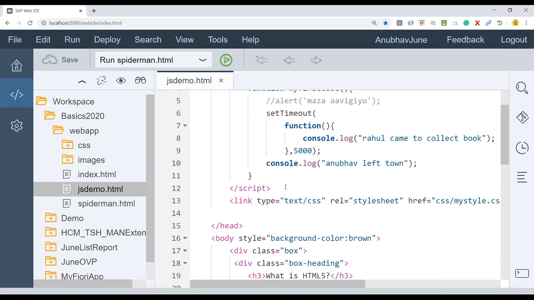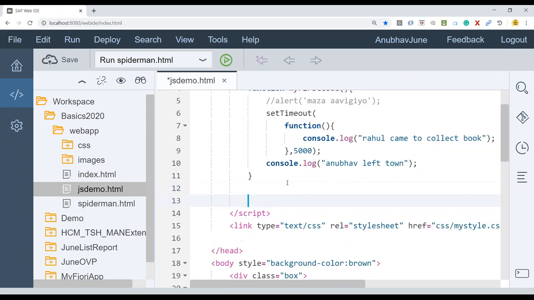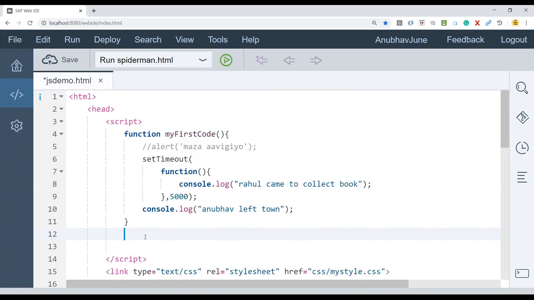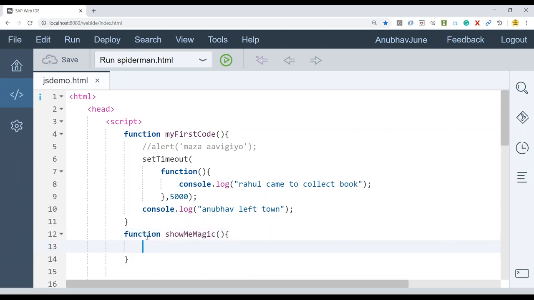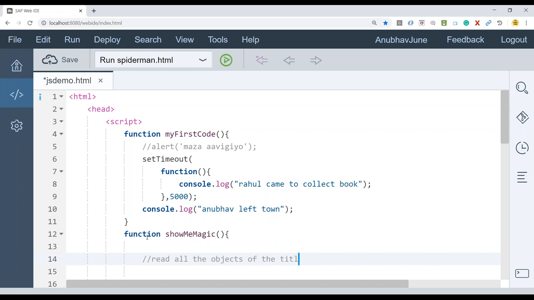I'm gonna go back on the top to my internal JavaScript, and here we're gonna write the show me magic function. So let's write a function, show me magic, and now here we're gonna write a magic. So what I'm gonna do, I'm gonna read all the objects of the title